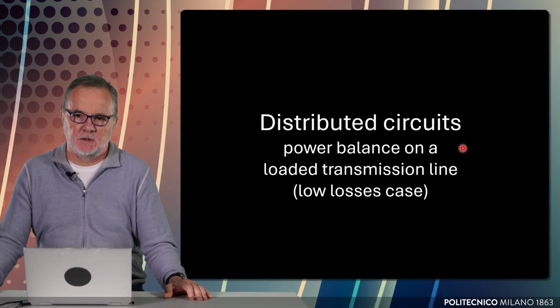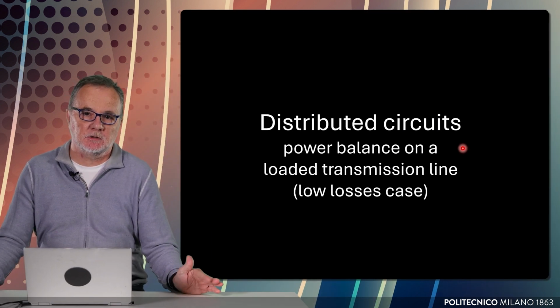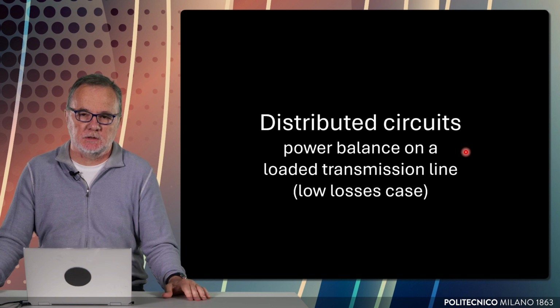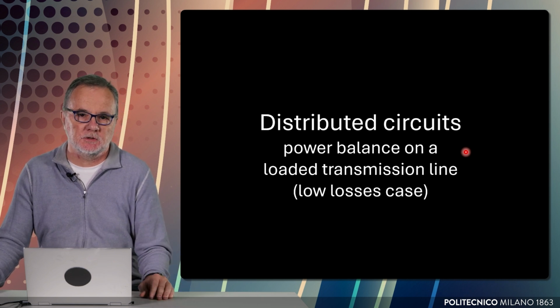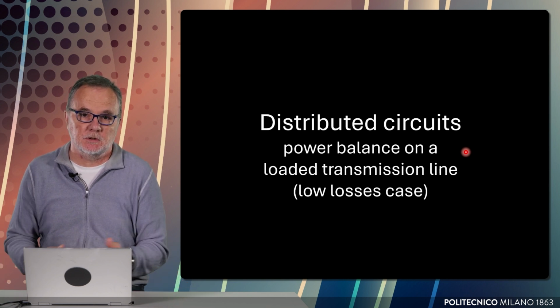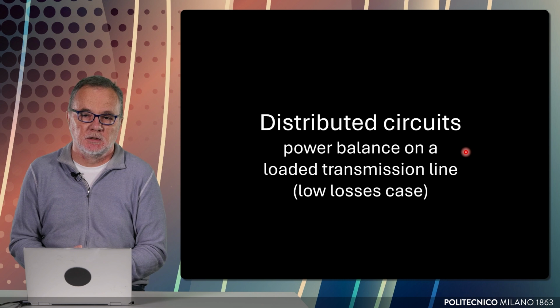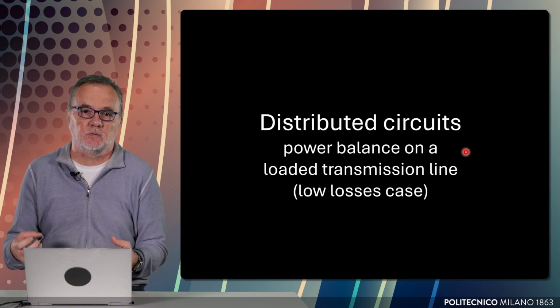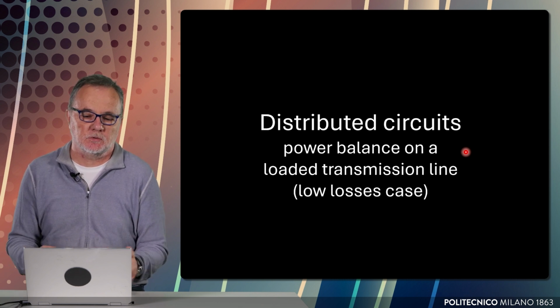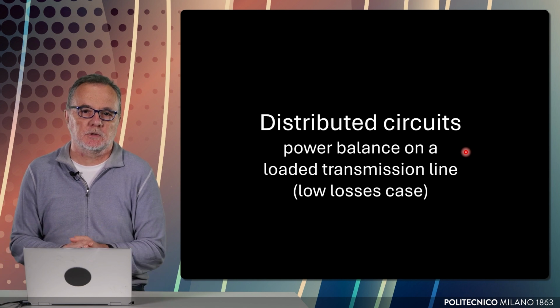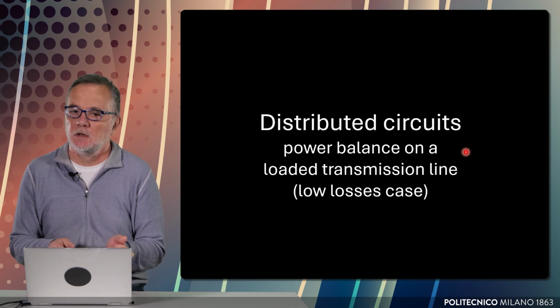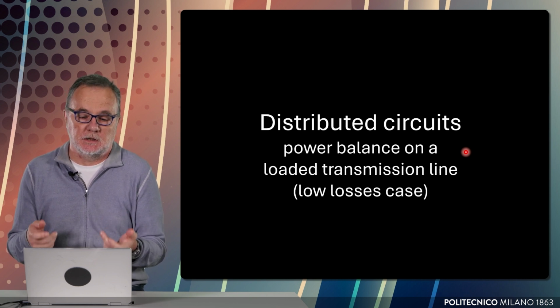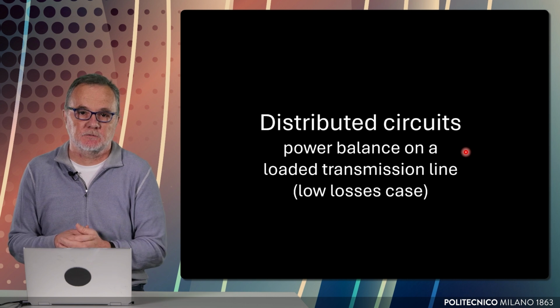We discuss in this lesson power balance on a loaded transmission line. In a communication link, power is very important, so it's also important not to waste it. Wasting can be due either to power dissipation in real materials, therefore dissipation in materials that are not ideal, but also to mismatch, therefore loads that are not matched to the source. And we want to compute all the quantities related to the power transfer between a source and the load in this lesson. Of course, in this computation, we also include the presence of transmission lines.